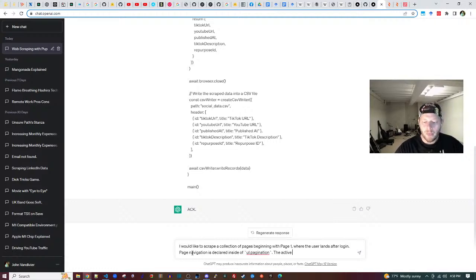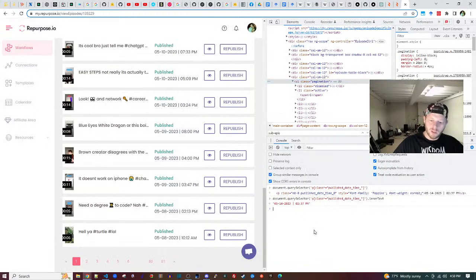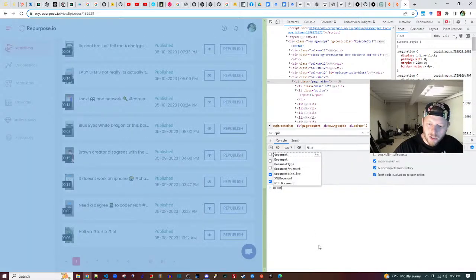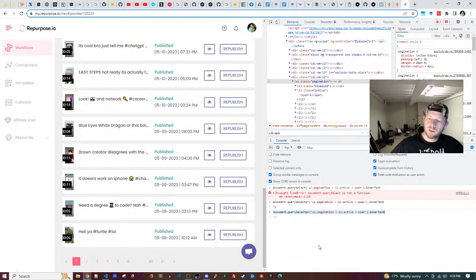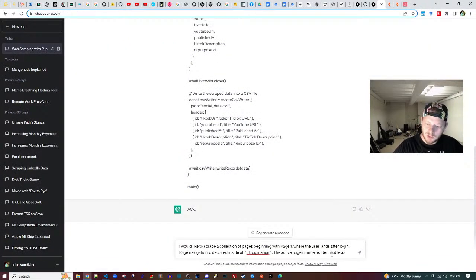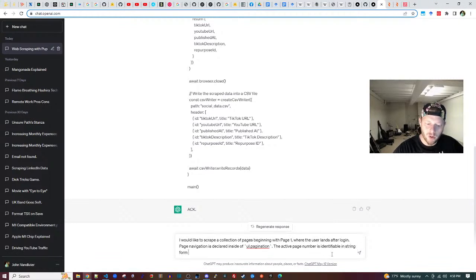The active page number is identifiable as document.querySelector ul pagination li.active span, query selector, identifiable in string form as